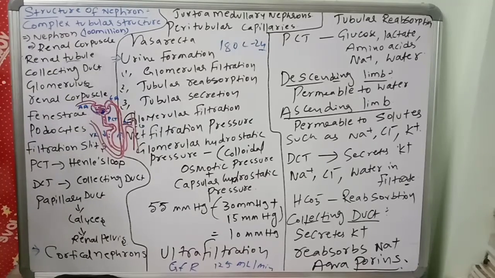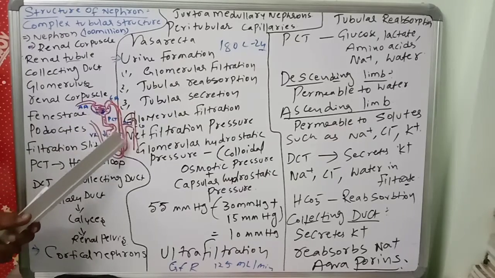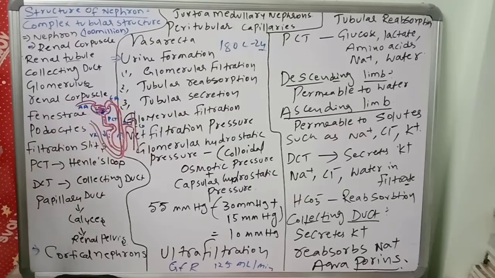The renal corpuscle means Bowman's capsule and glomerulus. The renal tubule means the PCT, descending limb of Henle's loop, ascending limb of Henle's loop, and distal convoluted tubule, which open into the collecting duct. Bowman's capsule with blood capillary is called glomerulus, so that is called the renal corpuscle. There are fenestrations and podocytes with filtration slits, so filtration takes place. Blood comes through the afferent arteriole. After filtration, the filtrate goes down to the PCT. The remaining blood goes to the efferent arteriole and connects to the vasa recta and then to veins.